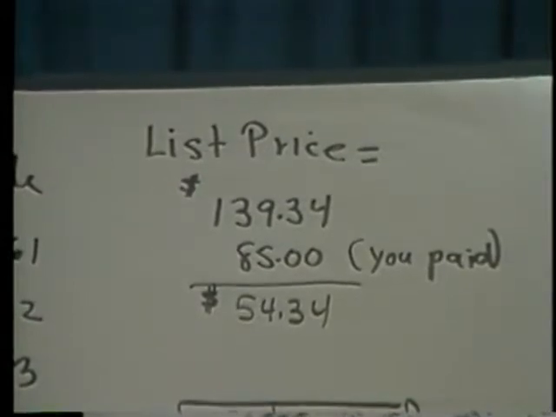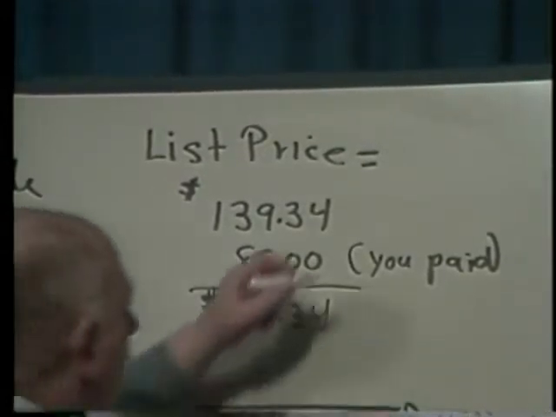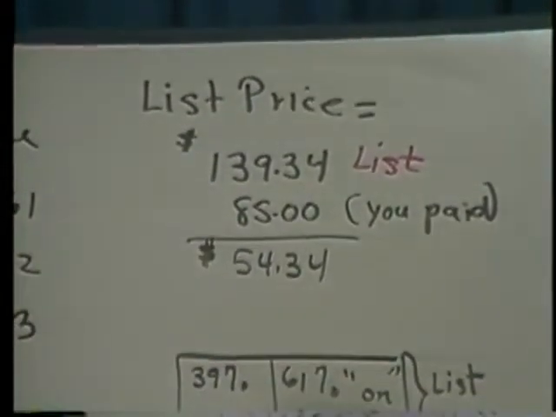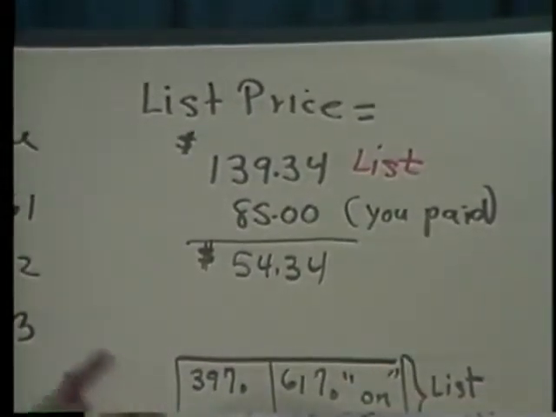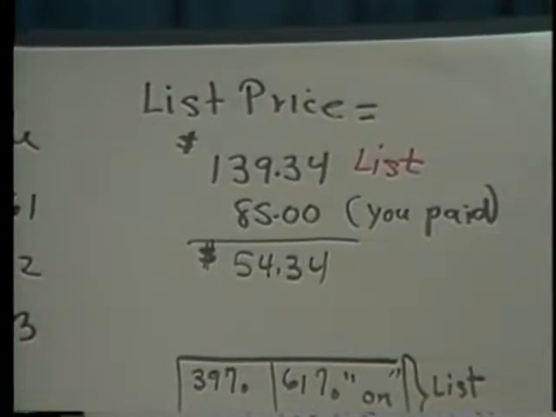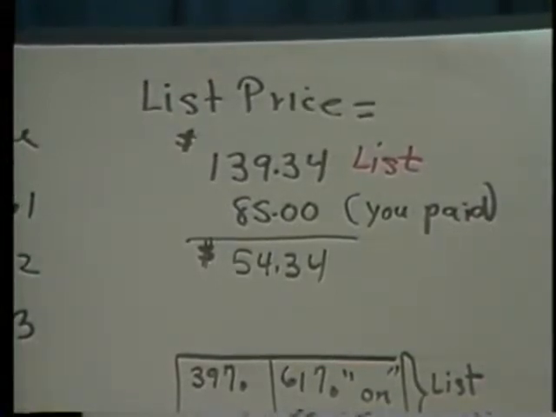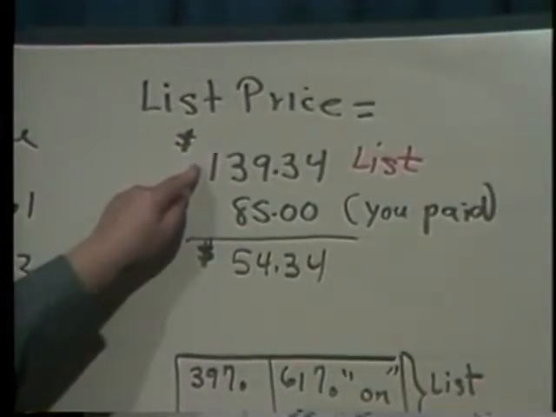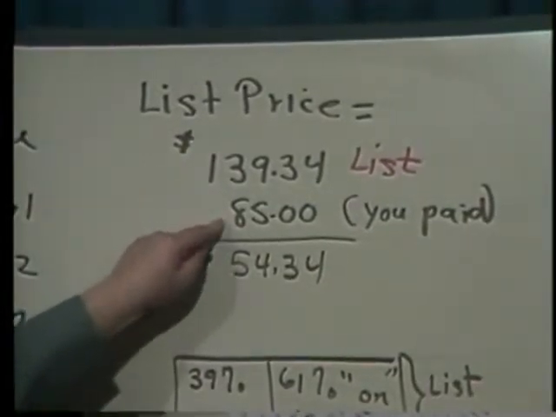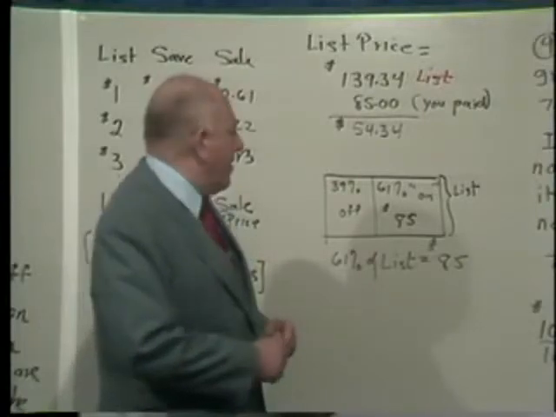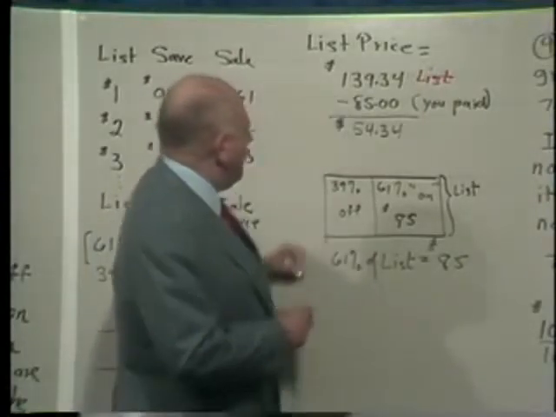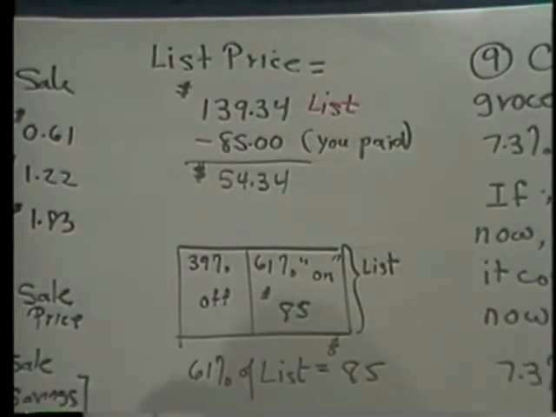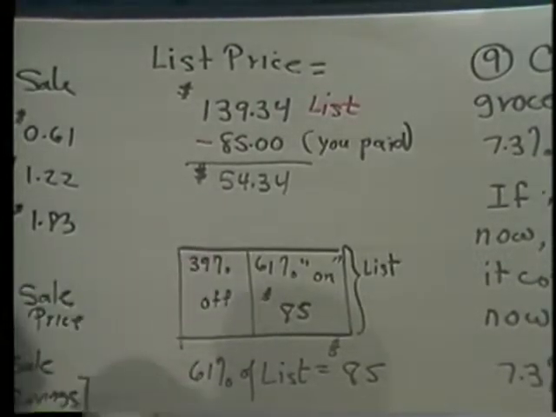That's $139.34. That was the list price. That would be great, except that's not the problem. The problem didn't ask me what the list price was. The problem said, how much did you save? Well, if the list price was $139.34 and I paid $85, the difference must be what I saved. So I simply subtract this, which, by the way, is a very easy subtraction problem even without the calculator, and I find out that what I saved was